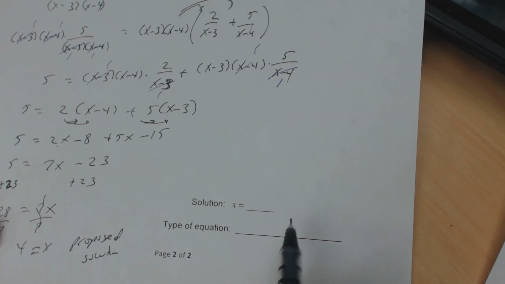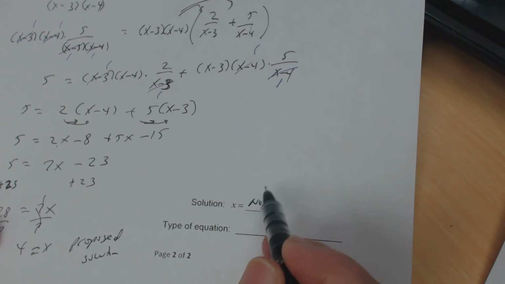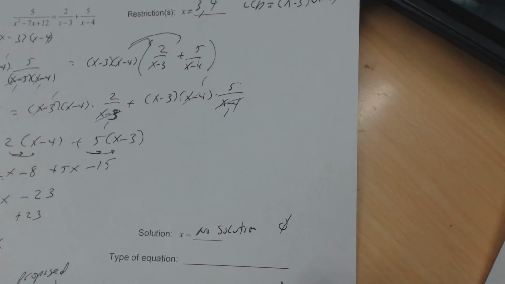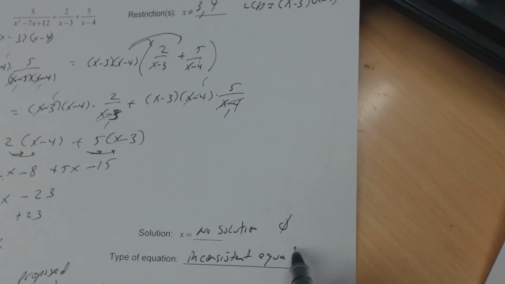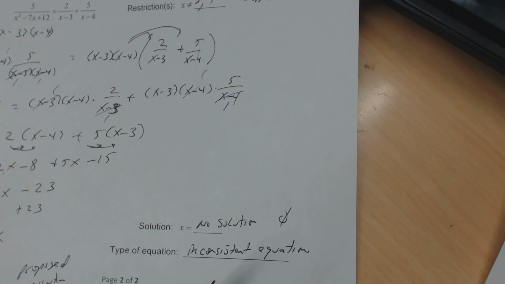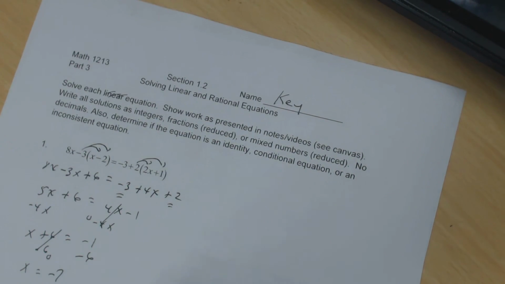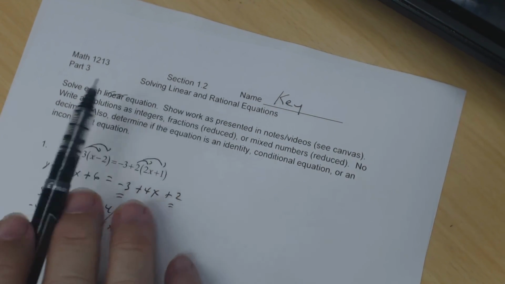There's only one proposed solution, so then I say no solution, or the empty set. And since there's no solution, you're going to say this is an inconsistent equation. Okay, inconsistent equation. All right, so that's going to take care of the worksheet dealing with section 1.2, part